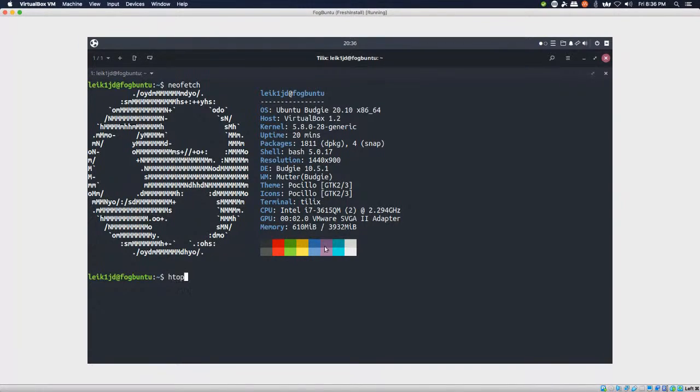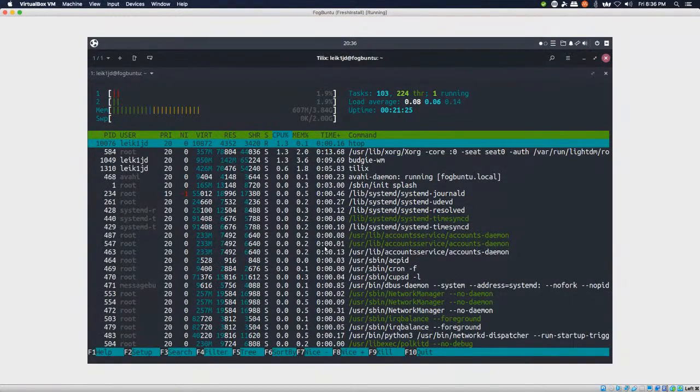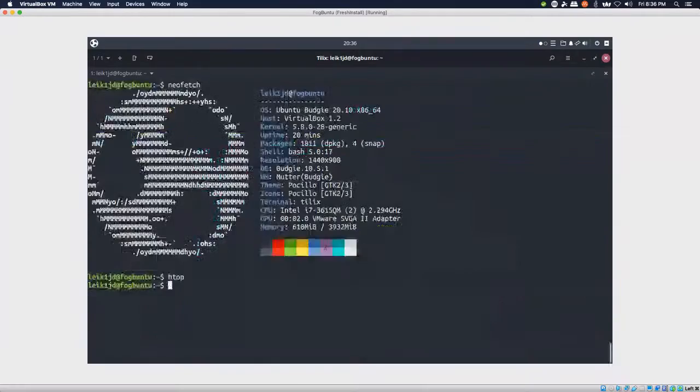So this is 2 virtual processors, a couple gigs of RAM, and I actually gave this a 250 gig virtual hard disk,